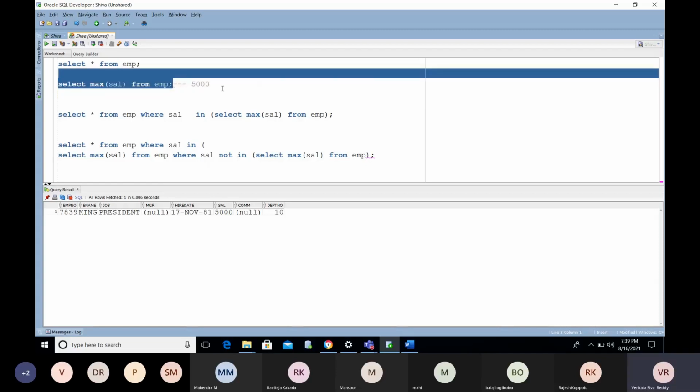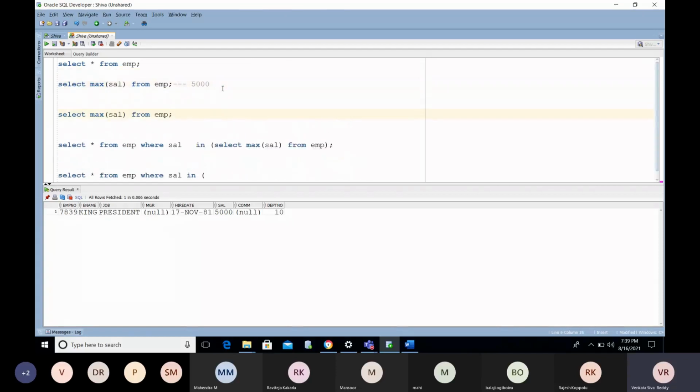Now it is an aggregate value. If you just mention over with order by, it will make it an analytical function.